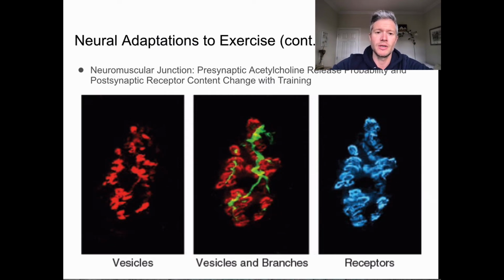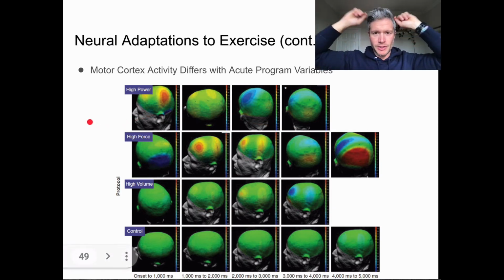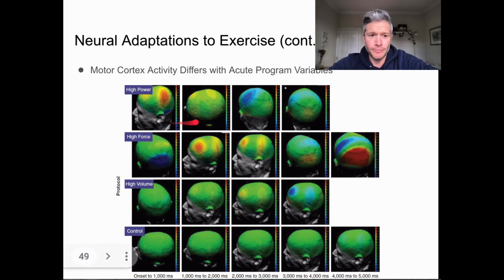Okay. If we were to look just briefly at our motor cortex and how it changes, aside from just this image being interesting, there's a couple of other interesting points to note. They've done EEG, electroencephalographs. You might have seen those in movies. They're like the caps you put on with all the wires coming out of them. Yeah, so they've done EEG, two E's, one G, studies of different types of exercise, and they note that depending